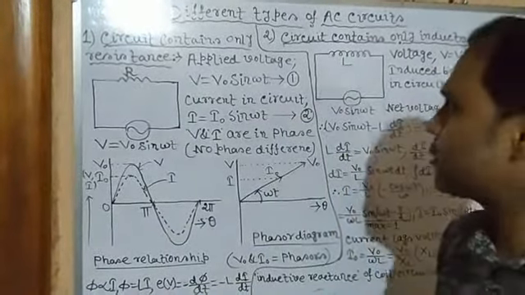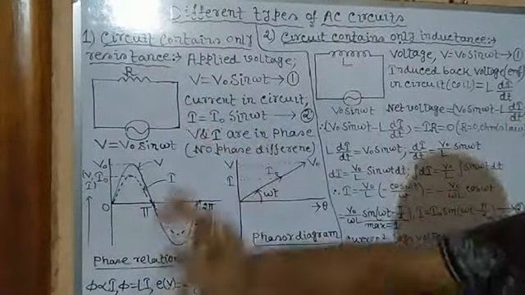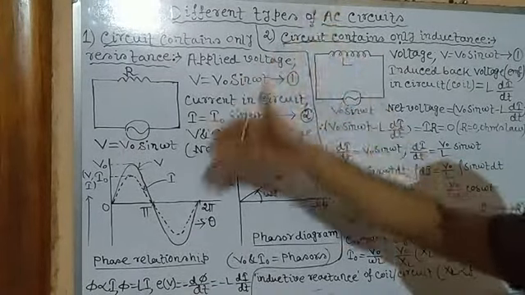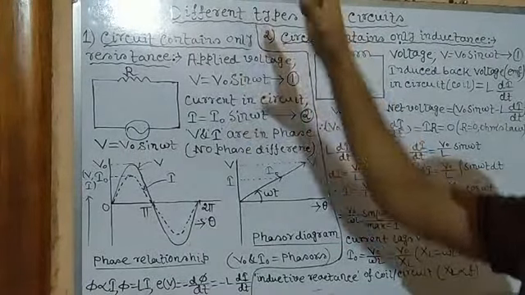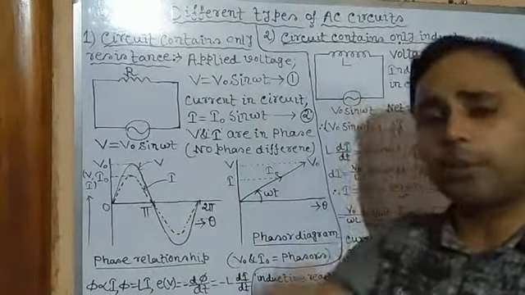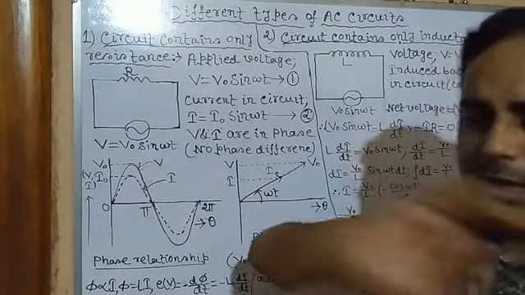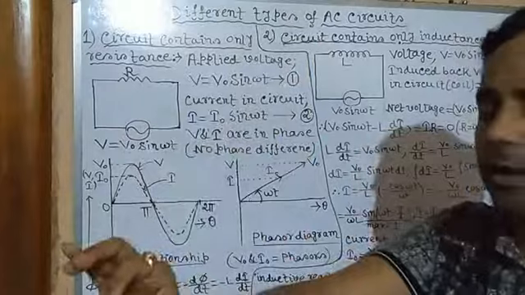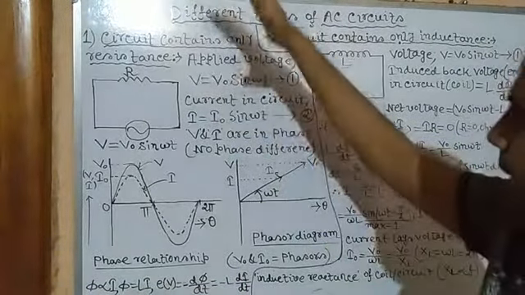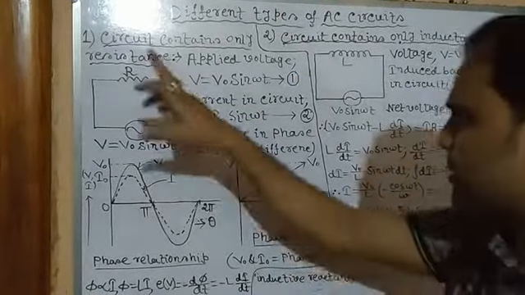So now first we will see the AC circuit which contains only resistance, that is, only a resistor. When an AC circuit contains only resistance, that circuit is called purely resistive. Pure means it contains nothing else besides resistance, no other elements are present here. So in that case the AC circuit is called a purely resistive circuit. So let's see. You can see the diagram.